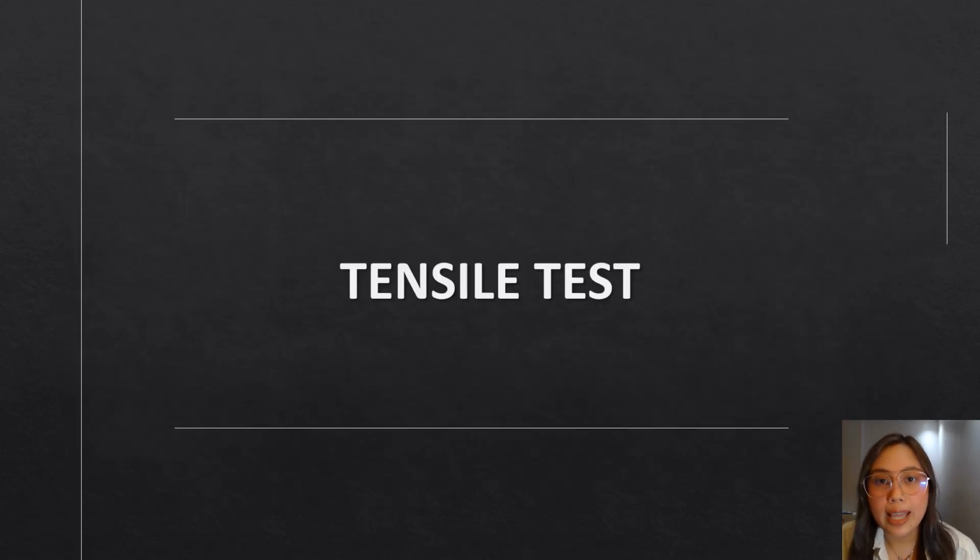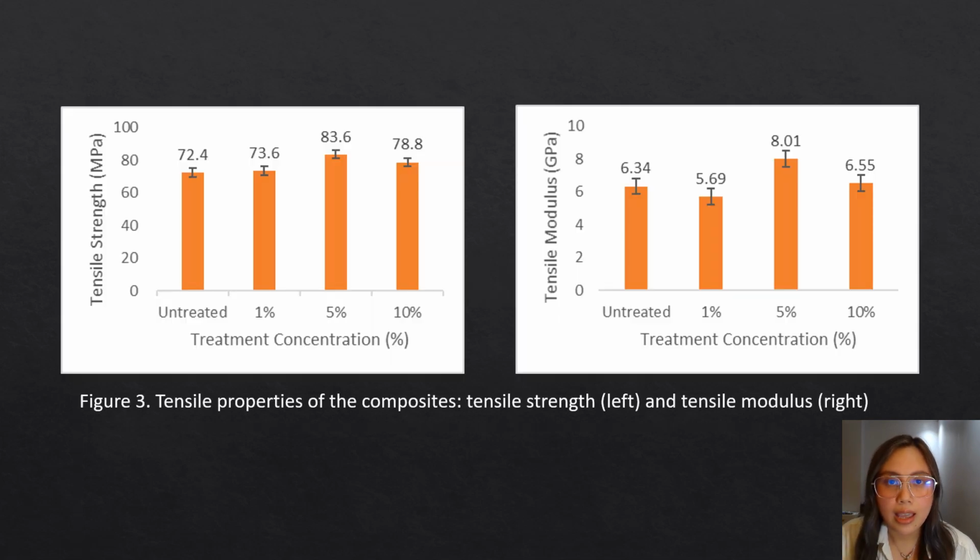We'll now proceed with the tensile test. As we can see in the figures, as the treatment concentration increases, the tensile properties increase as well, up to 5%. We can see the 5% has the highest result, which is 83.6 megapascals in tensile strength and 8.01 gigapascals in